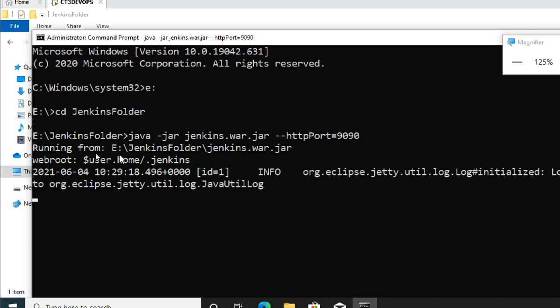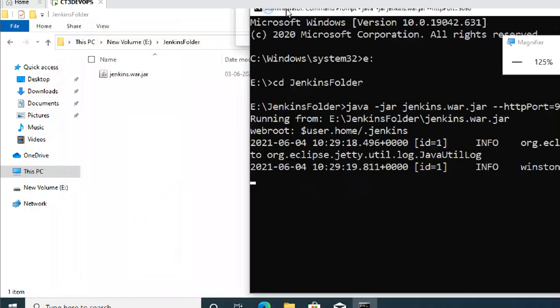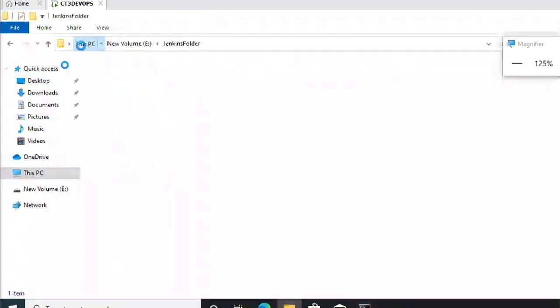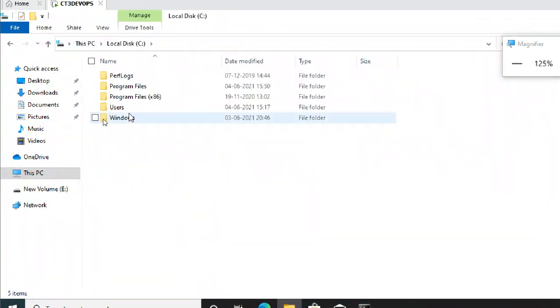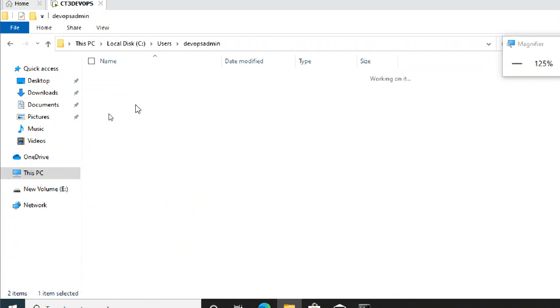So here it is. If you see webroot, user.home.jenkins, it will do that. Meanwhile, I will show you where it is actually storing. So it is in the C drive, Users. My username is DevOps admin.